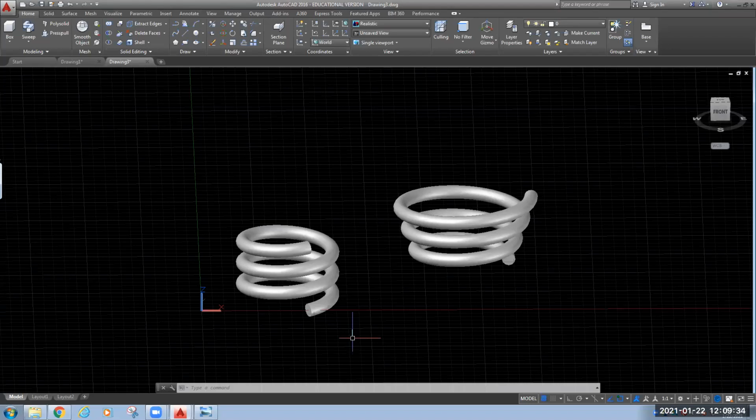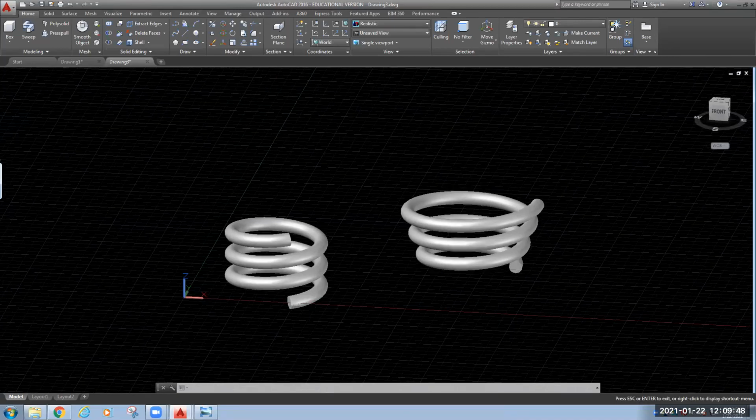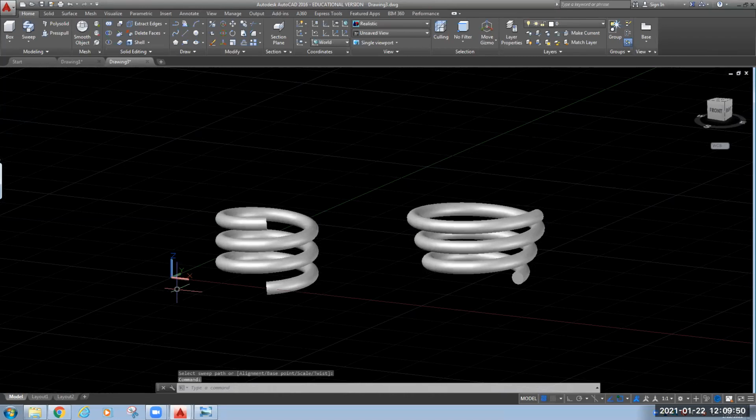Before that, one more command is there, that is UCS, the universal coordinate system. As you can see here, this is the coordinate system XYZ. In certain situations, suppose you want to move this coordinate system to some other location, you can do that.